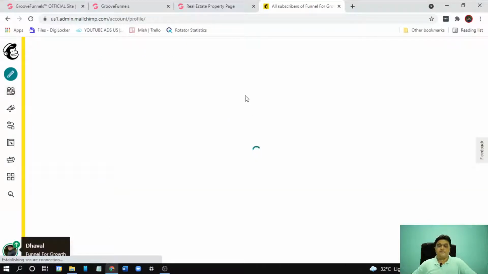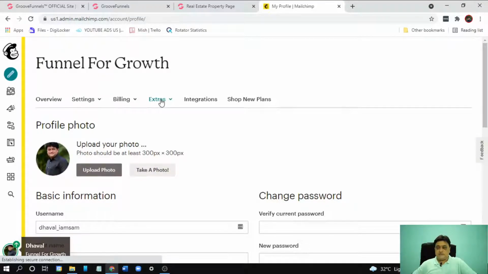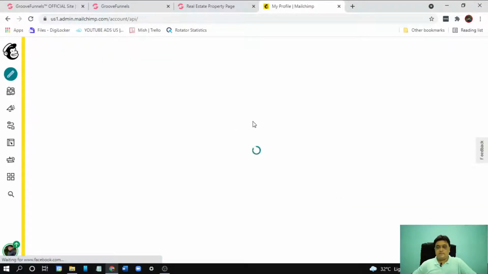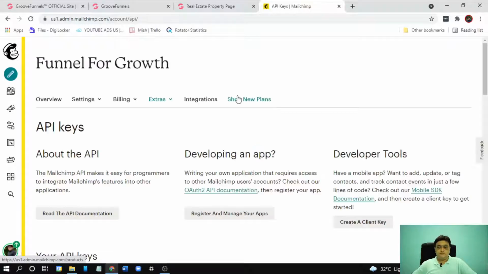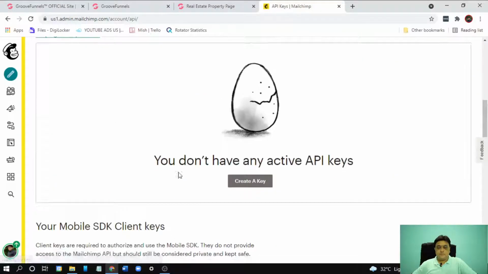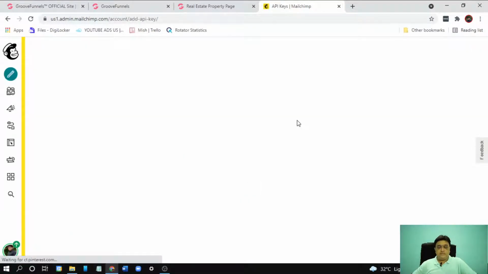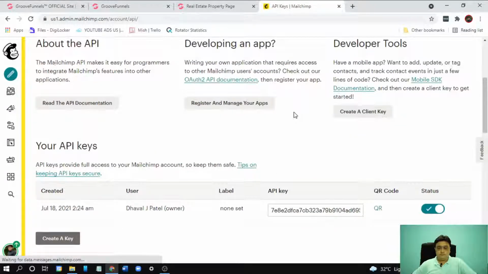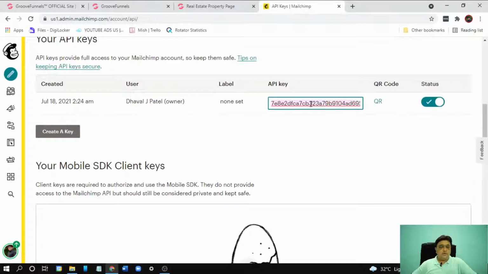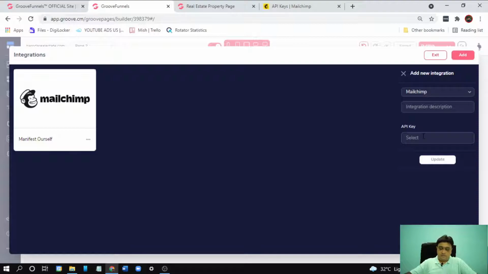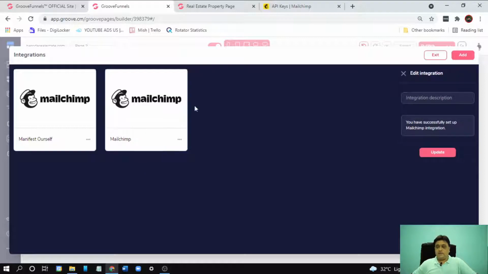Click on profile, go to extras, click on API keys. Here create a key, a new API key. This is the key we have to copy and paste here. Click on update. Okay guys, so here another account is integrated.